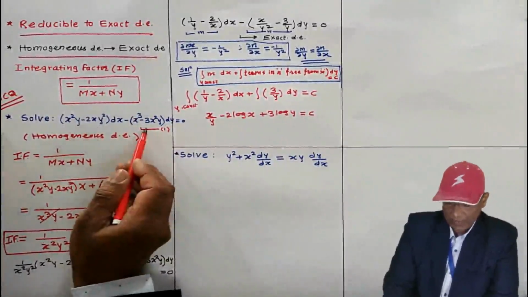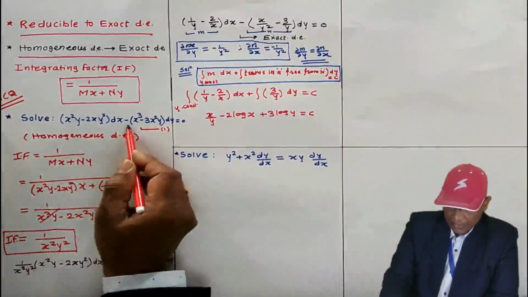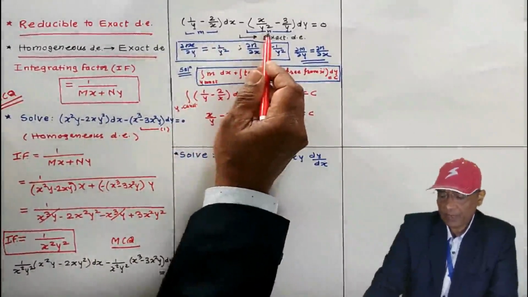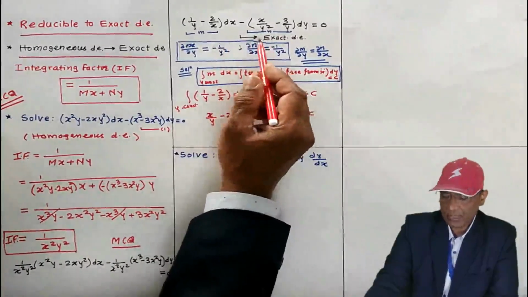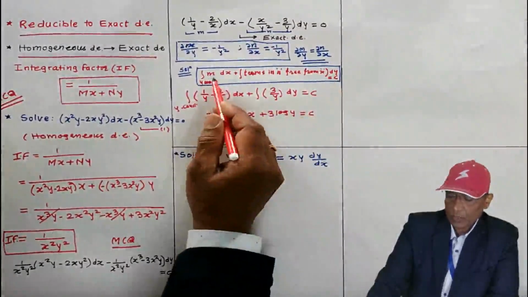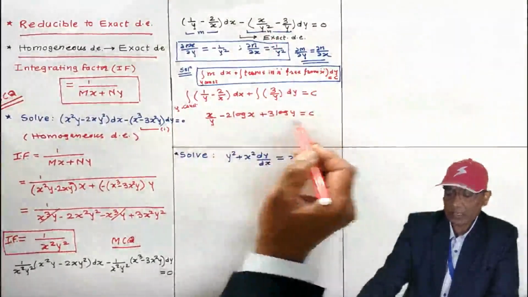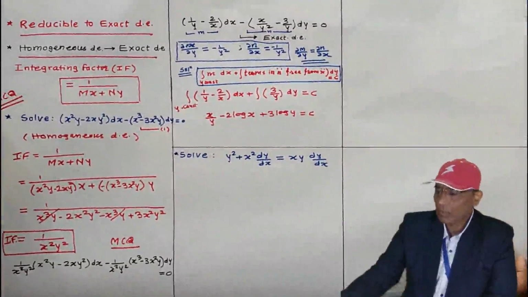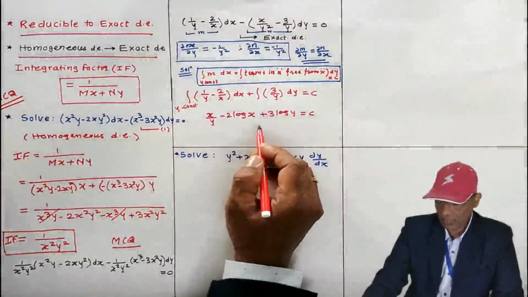This is a homogeneous equation. This is the integrating factor. Multiply the given equation by the integrating factor, you will get an exact differential equation. And we have seen in the last lecture how to solve an exact differential equation. This is the solution format for an exact differential equation. Put M, terms in N which are free from x, and take integration very carefully. Just one or two steps you can extend.